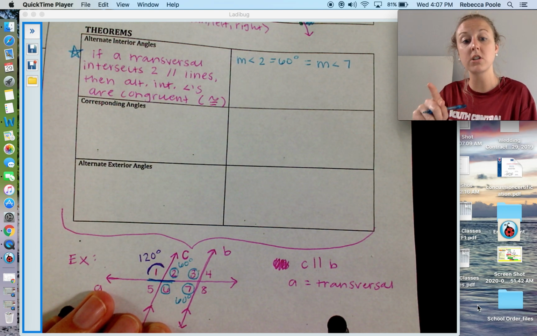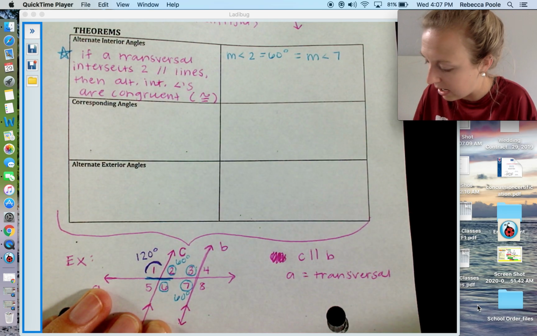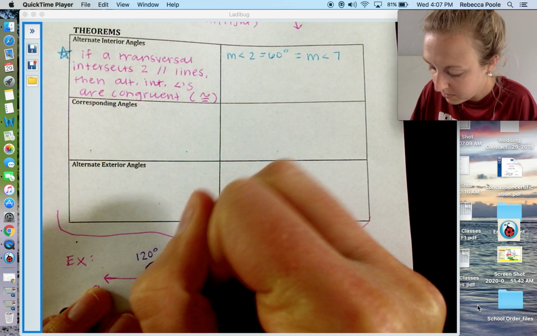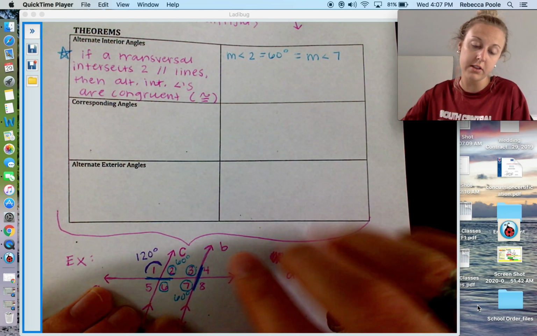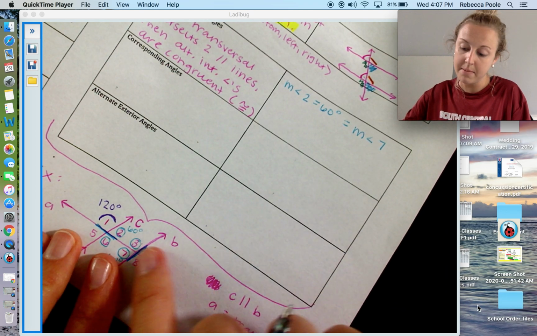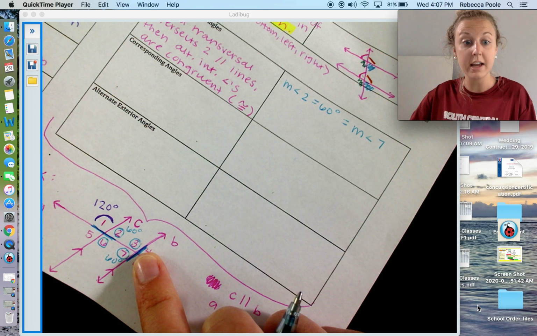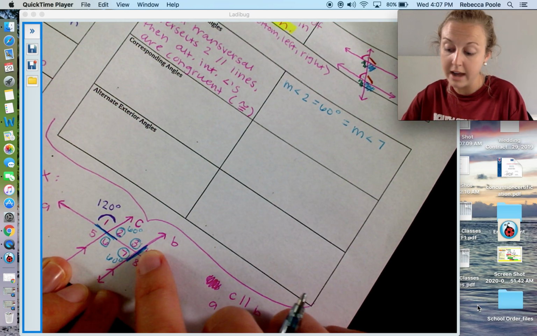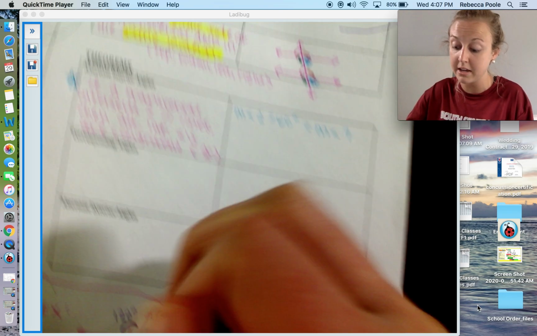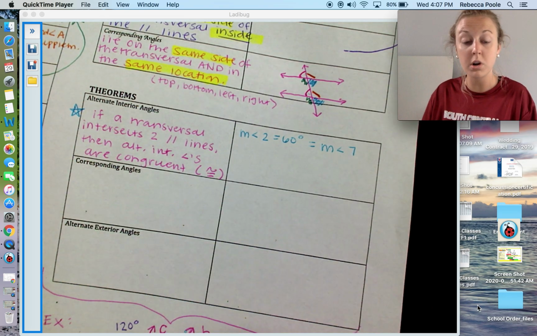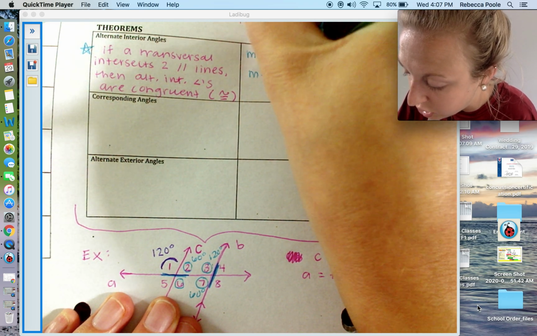Okay, we'll come back to alternate. Actually, we don't need to come back. Let's keep going. I want y'all to check this out. 3 and 7 touch and make a straight line, right? I'll tilt it so you can see. They make a straight line together, which means they should add to 180, right? So if these should add to 180 and 7 is 60, then 3 should be 120, right? Okay, so we just found out measure of angle 3 should equal 120,